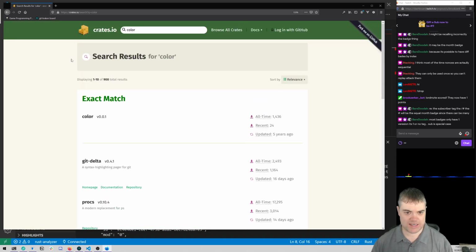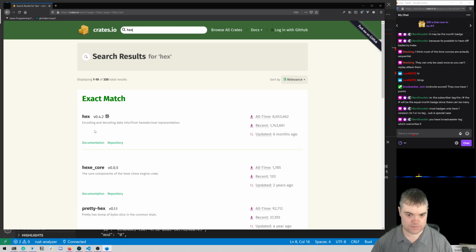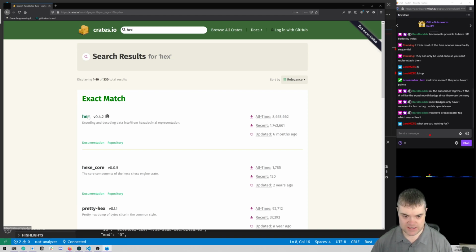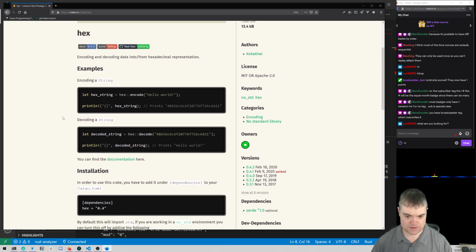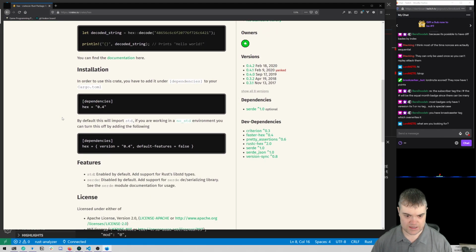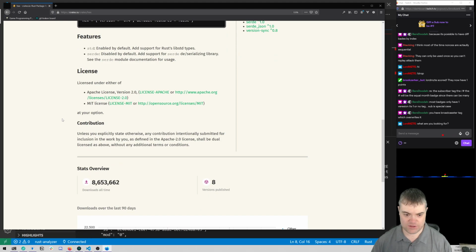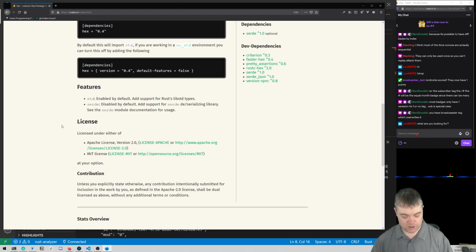I wonder if there's like a hex encoding, decoding data from hex. I don't know if this will work. What am I looking for?